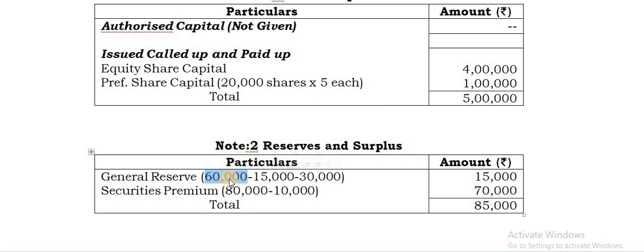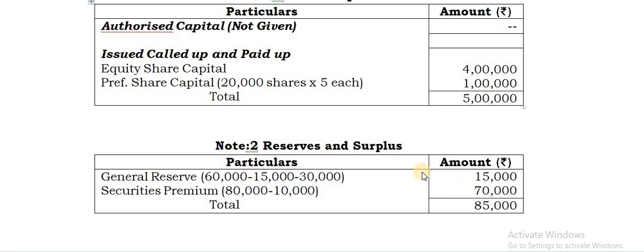In the total 60,000, 15,000 is being deducted towards a capital redemption reserve and 30,000 is deducted towards the issue of bonus shares. Okay. So deduct these two amounts. Look at the entries above, wherever we have debited the general reserve, you have to minus it. So there are two places where general reserve is being debited. You can find that. So those amounts you can deduct here.